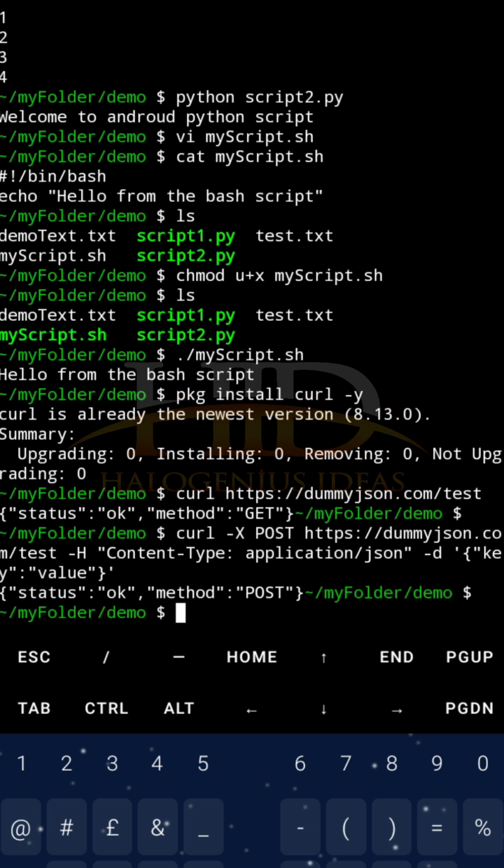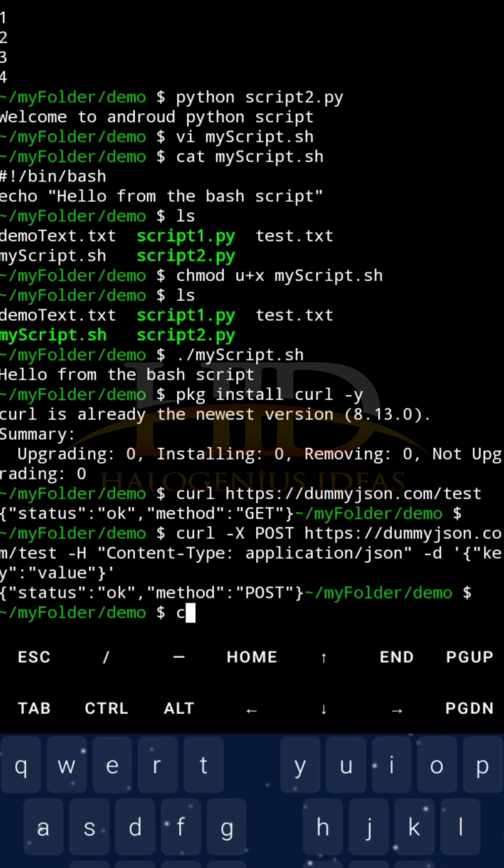Now for the put and the patch, all you have to change is the method. So the place where I wrote post, you are going to be writing put or patch there to show that it's a put method or a patch method. Okay, so then definitely you might want to change the data, just enter the value as needed. But if you want to launch a delete request, very simple,